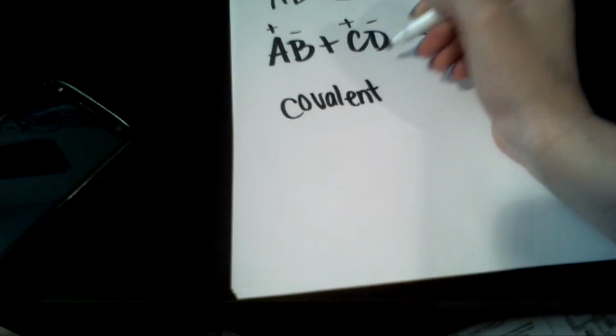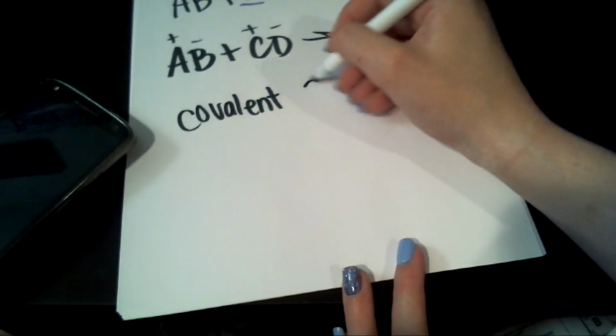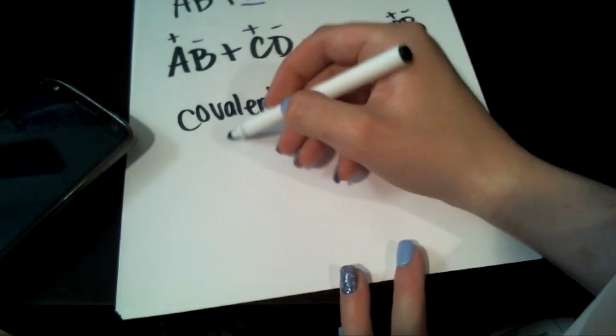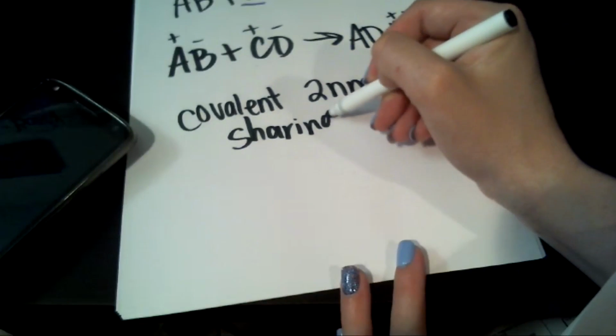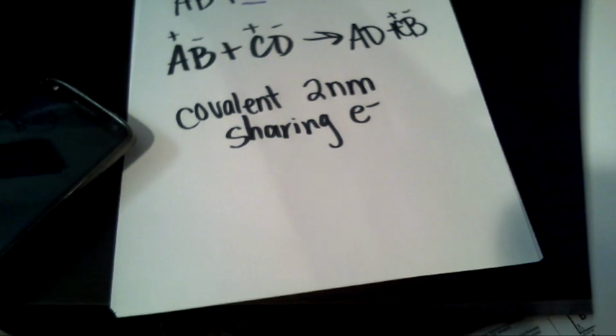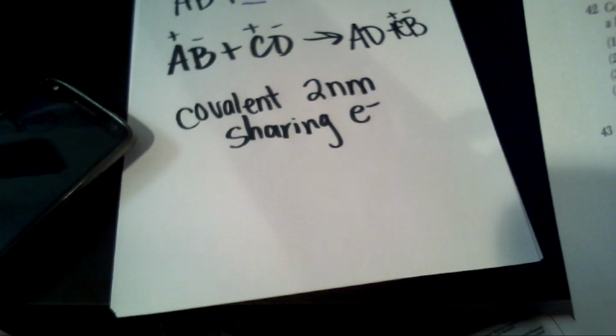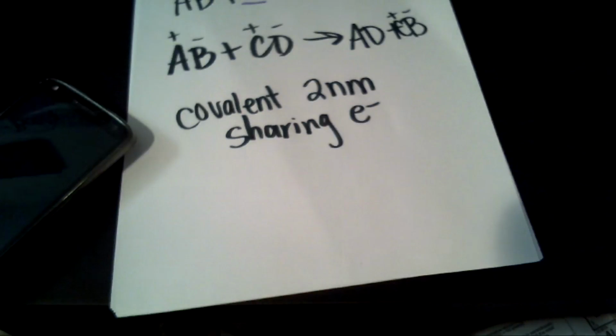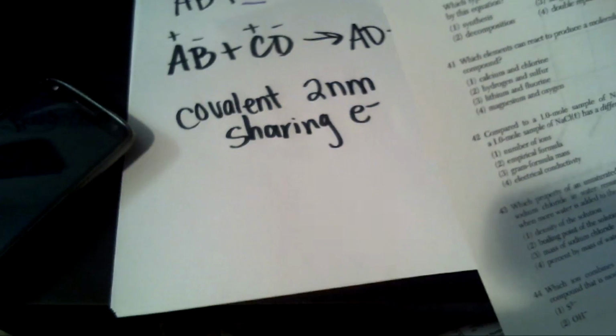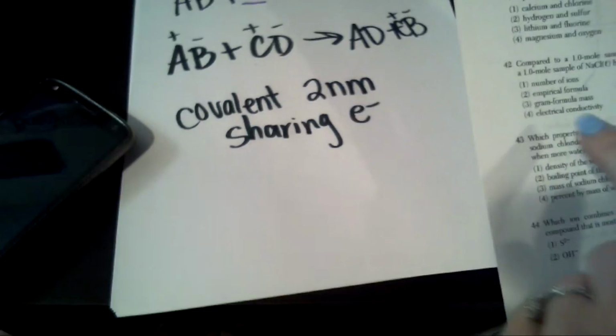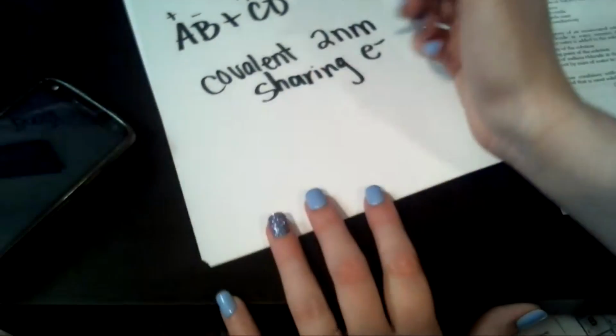Okay, out of all of these, choice 2 is the only one that's going to give me something covalent. Remember, when something is covalent, it means that we have 2 nonmetals and they are going to be sharing their electrons. So out of all of those, hydrogen and sulfur are the only 2 pairs that are going to be covalent. The equivalent term for something ionic,